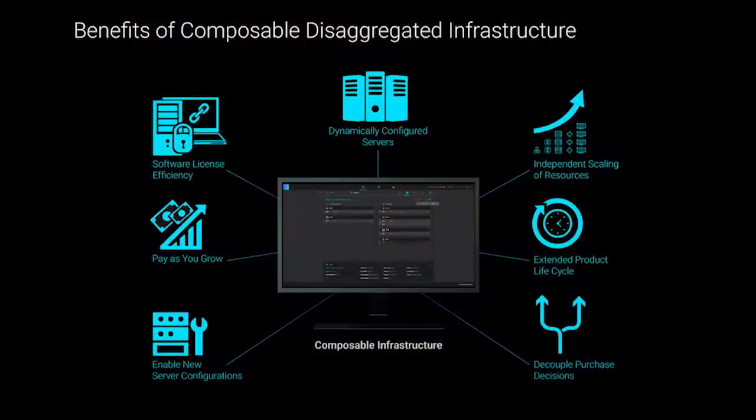So I will close with this slide and touch upon all the reasons why the industry is headed towards what we refer to as a disaggregated data center. We spent a good amount of time talking about how we can dynamically move hardware resources around, but there's a bunch of other reasons why the industry is headed in this general direction. I'll fly quickly through these because I think it's important to touch on them.